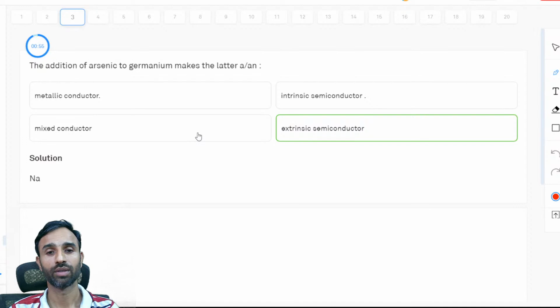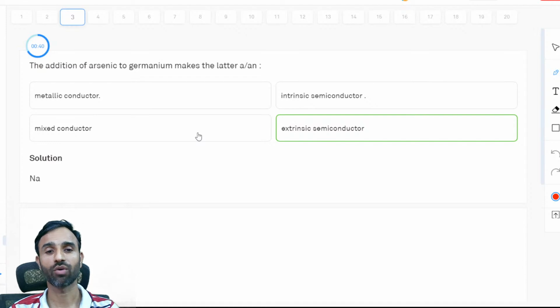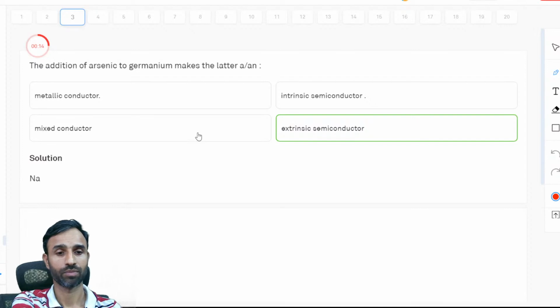चार्जिंग केबल. Addition of arsenic to germanium makes the latter, क्या बनाएगा वो? If I add arsenic to germanium, आर्सेनिक को जर्मेनियम में ऐड करना है, एडिशन ऑफ आर्सेनिक टू जर्मेनियम, यस बेटा। गीतांजलि कुशवा वर्मा जी, बेटा केमिस्ट्री बाय डॉक्टर सुरेश ठाकुर।